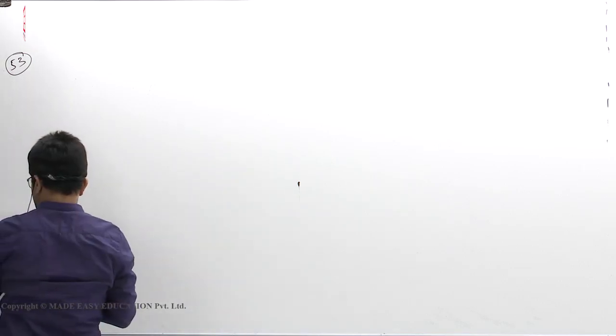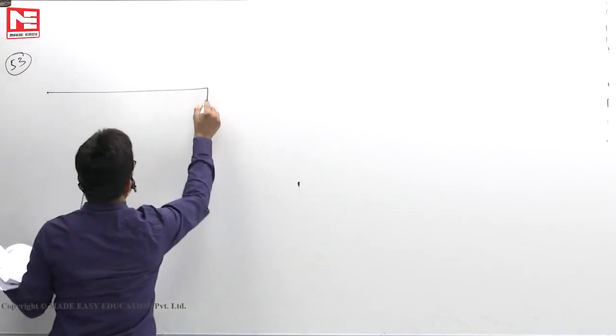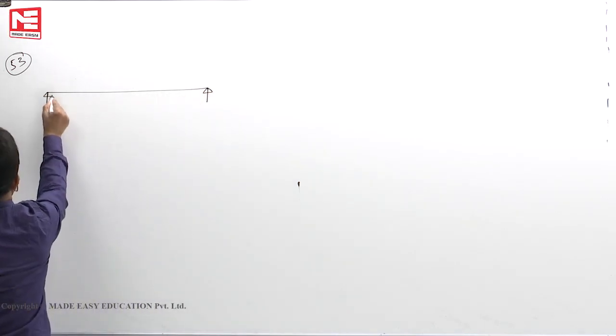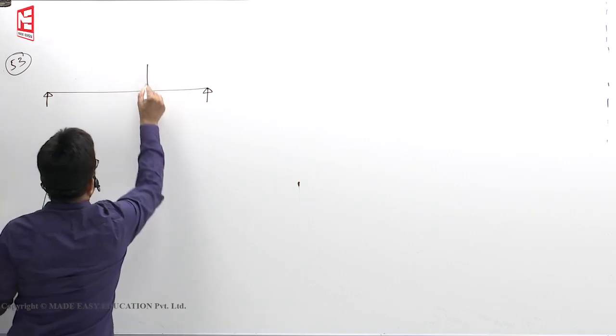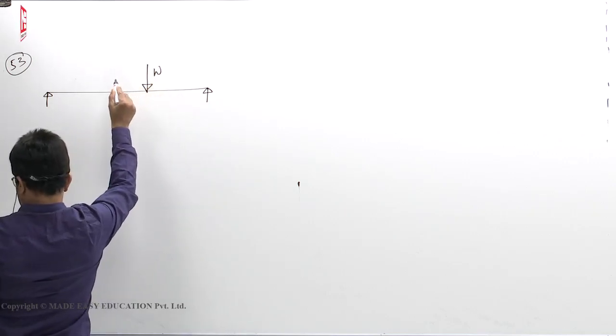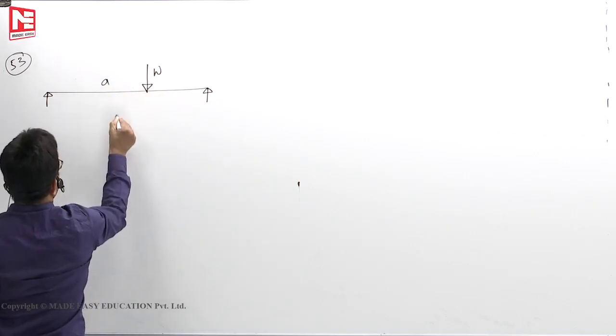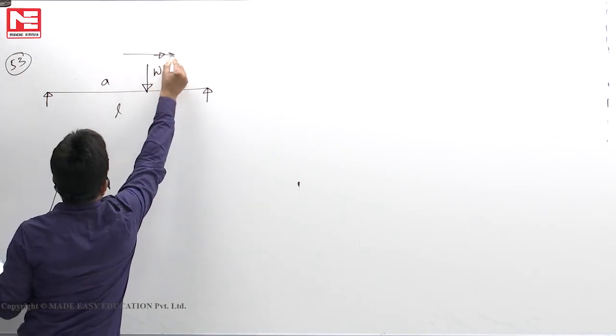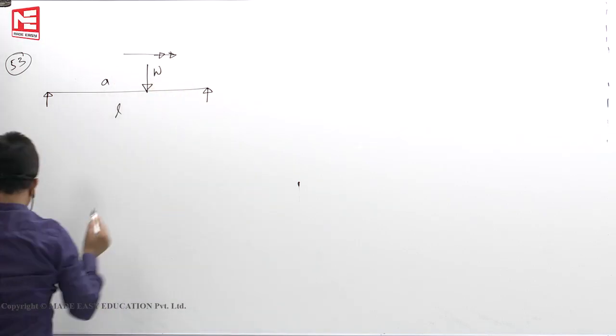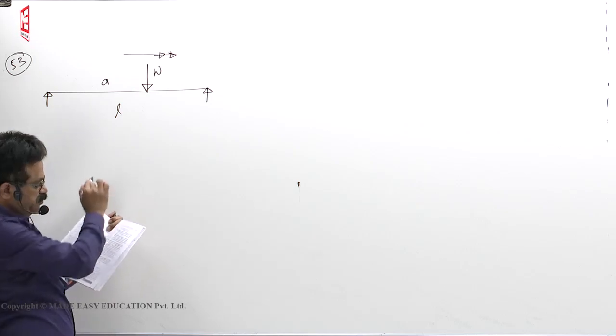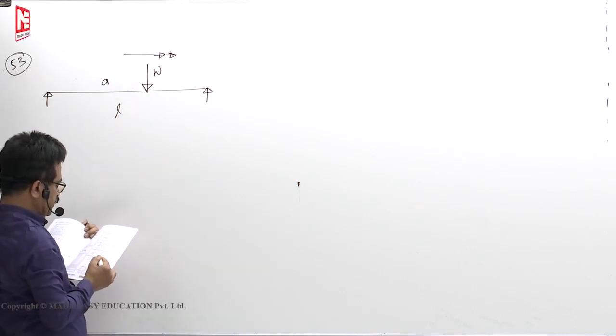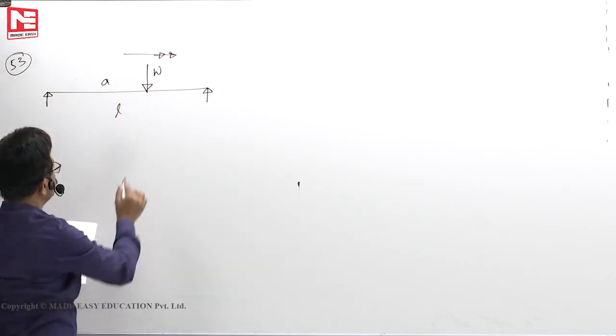When a single load crosses a simple span of any length, W load is there. This point, let us say A, length is L, and it is moving right side. When a single load crosses a simple span of any length, the shear force under the loads,